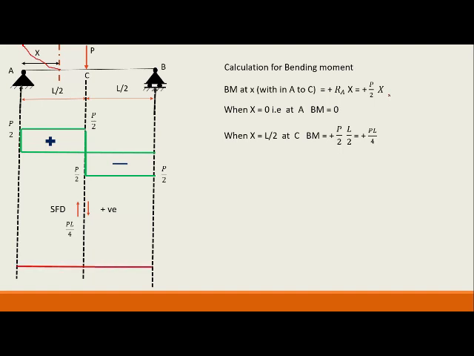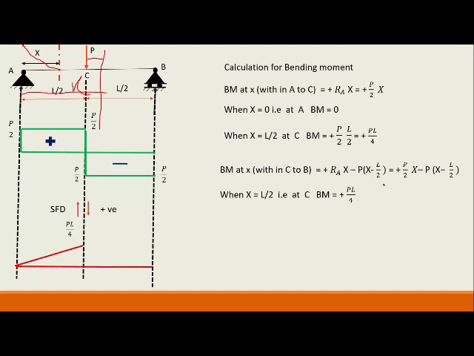So let us draw the bending moment diagram. It shows a straight linear variation. So it will be like this. Now let us form the equation beyond C, when the cross section is somewhere here. So now the section, the distance x is like this. So it will be RA into X minus P into this distance. How much will this distance be? It will be X minus L by 2, the distance from A to the section minus A to C. So it will be P into X minus L by 2. So this is also a straight linear equation.